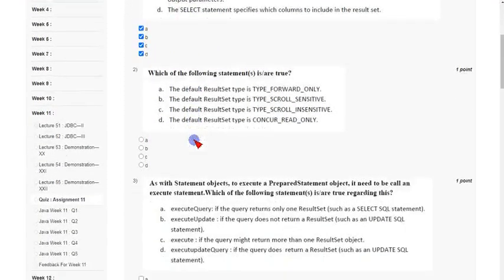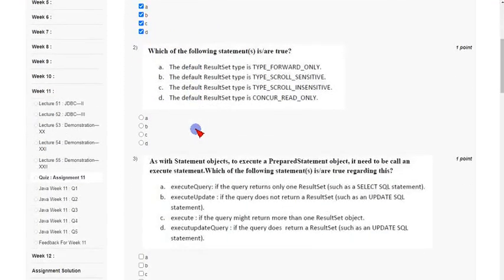And coming to the second question. The question is, which of the following statements is or are true? They have given the default result set type as type forward only, type scroll sensitive, type scroll insensitive, concur read only.